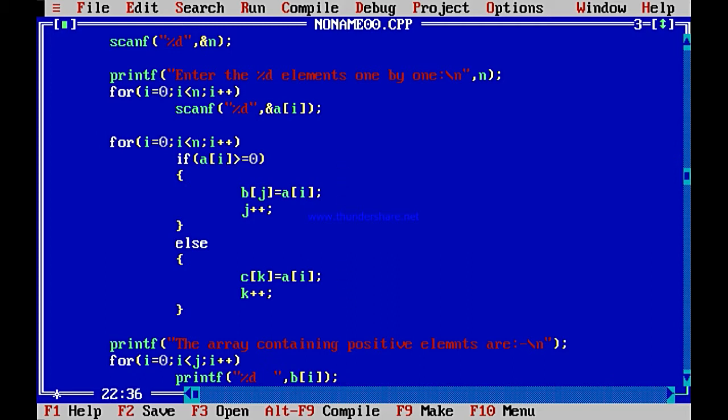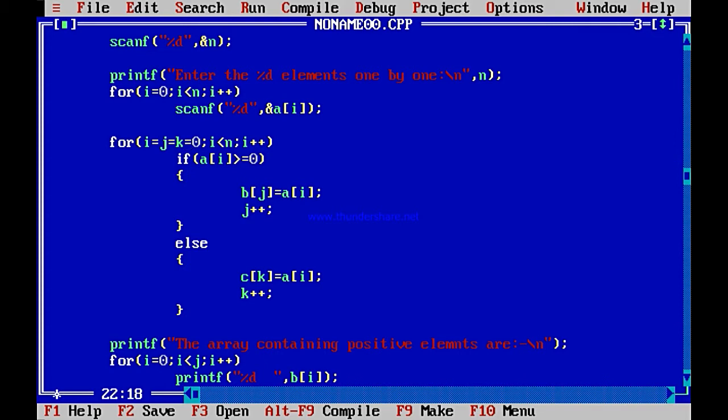One thing I have not done over here is, you should be initializing J and K also. J should be initialized to 0, K should also be initialized to 0. Now one thing I will tell all of you over here is, this thing is allowed: I equal to J equal to K equal to 0. You know what this means?